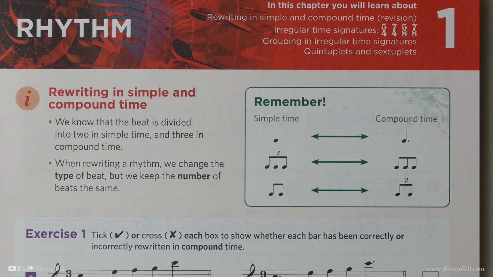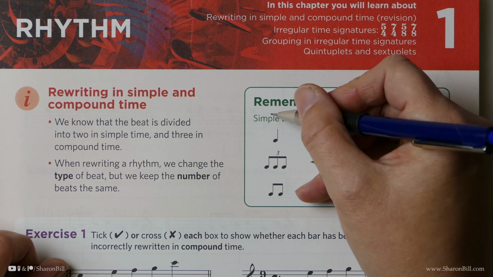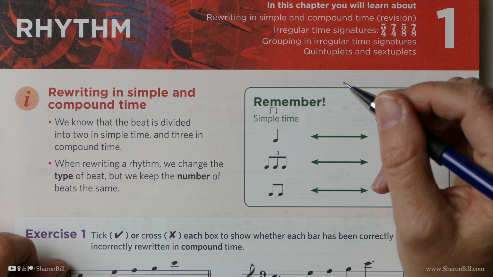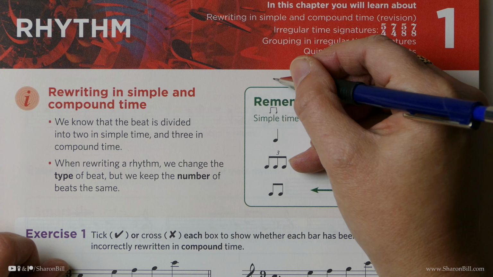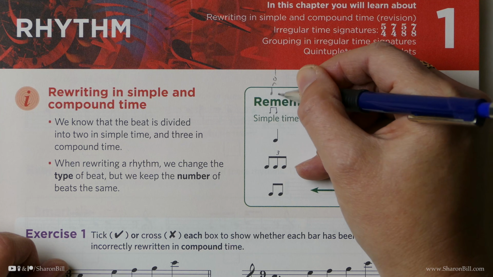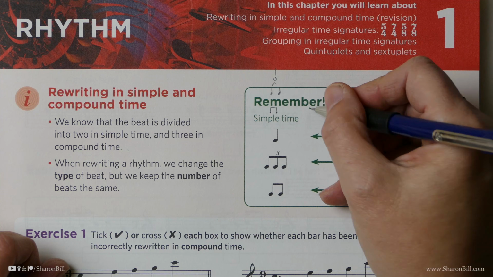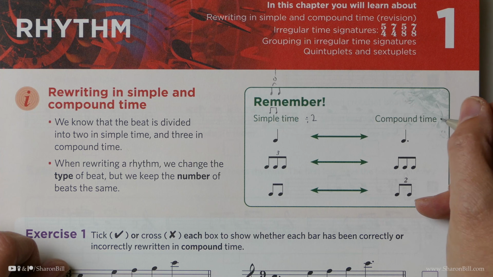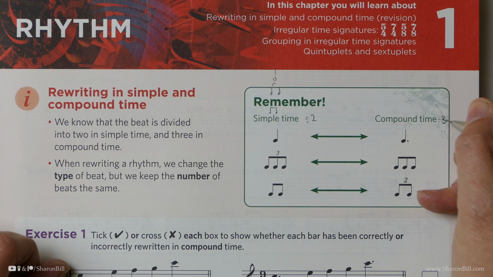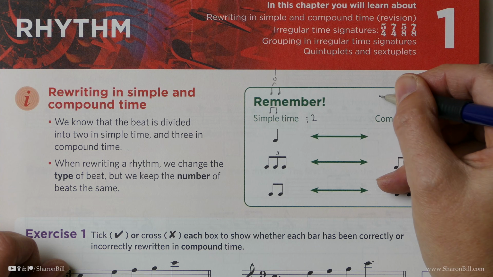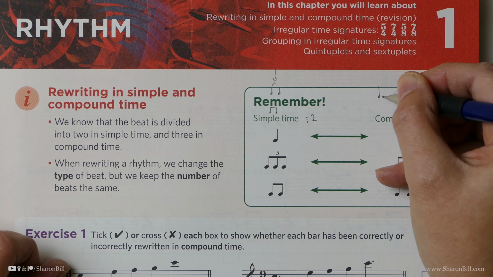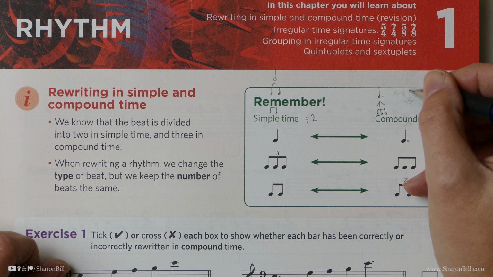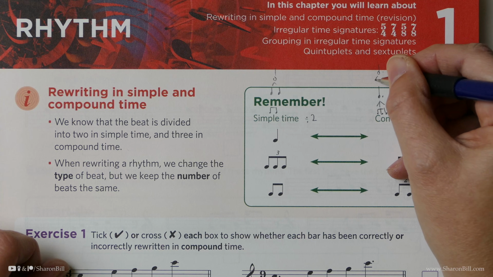So remember that in simple time, this means everything is grouped in 2s. So 1 crotchet divides into 2 quavers, or 1 minim divides into 2 crotchets. That's simple time. Everything divides by 2. Where in compound time, everything divides by 3. And so we have a dotted crotchet that divides into 3 quavers, or we have a dotted minim that divides